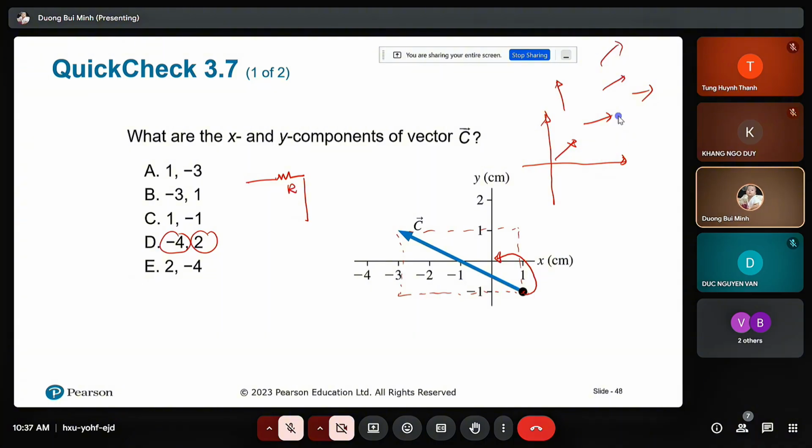Look, this one is minus. So if here is I1, then minus means this one. This one is J, so this one is minus J. Right? So you can get the vectors here, here. You can get